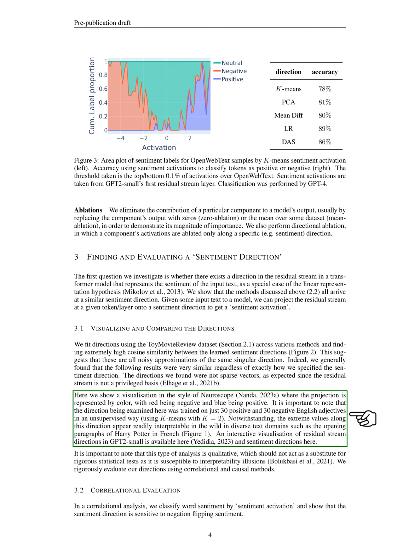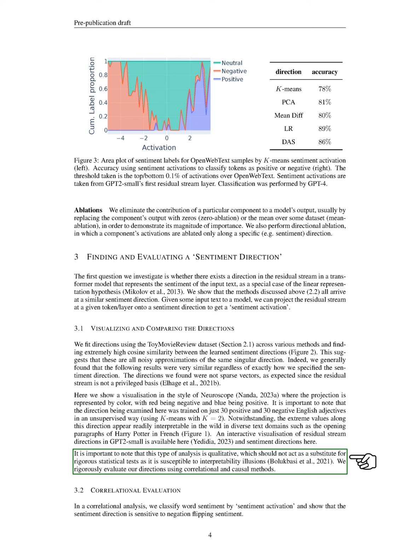We also note that the direction being examined was trained on just 60 English adjectives in an unsupervised way. Despite this, the extreme values along this direction appear readily interpretable in diverse text domains. Finally, we rigorously evaluate our directions using correlational and causal methods. It's important to note that this type of analysis is qualitative and should not act as a substitute for rigorous